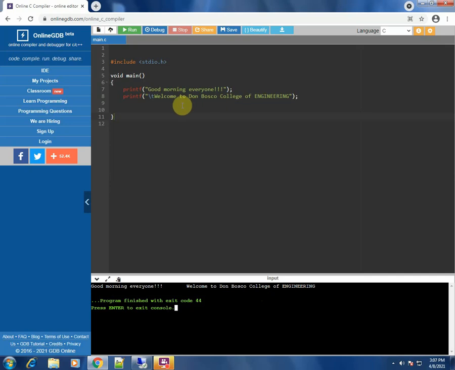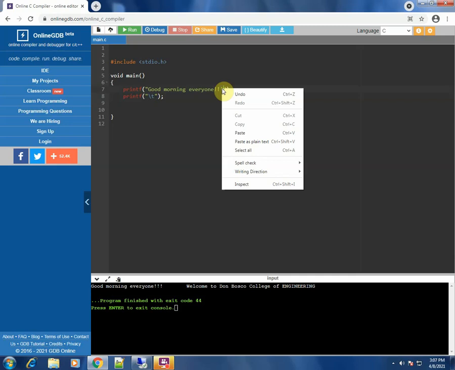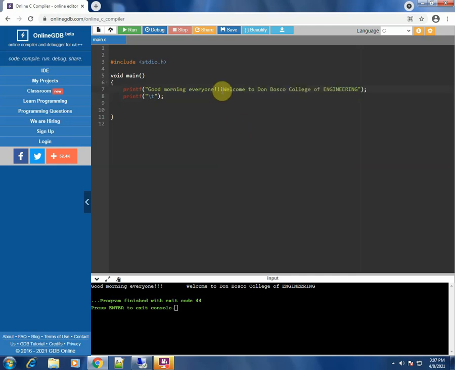Now instead of doing this, I can also write it in this manner. I can write both of these lines in one printf statement itself. Let us do that. I will just cut this and paste it over here. Now let's separate it with a \t. You have to remember it is a \t. Let us remove the second statement because it is not required.